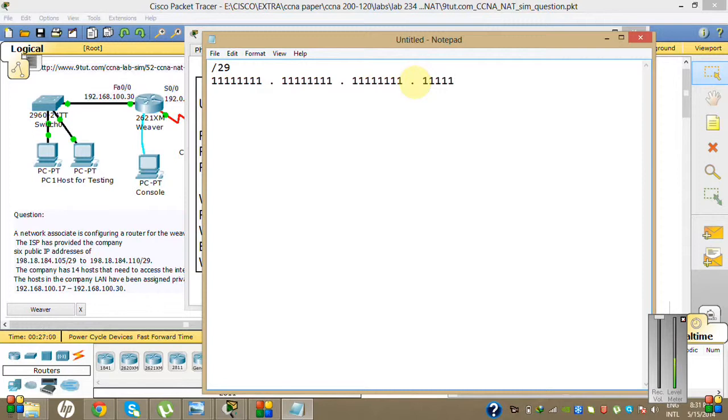I have to turn on 29 bits of the network, and